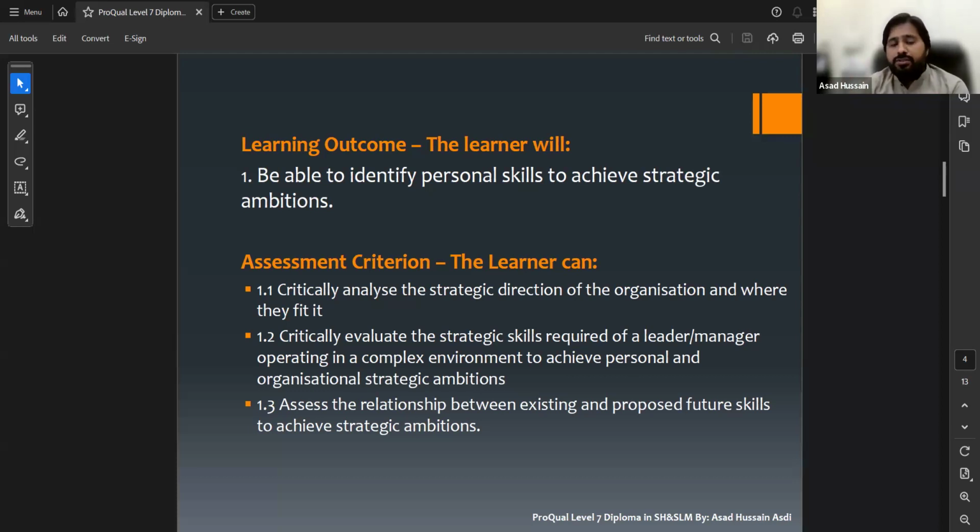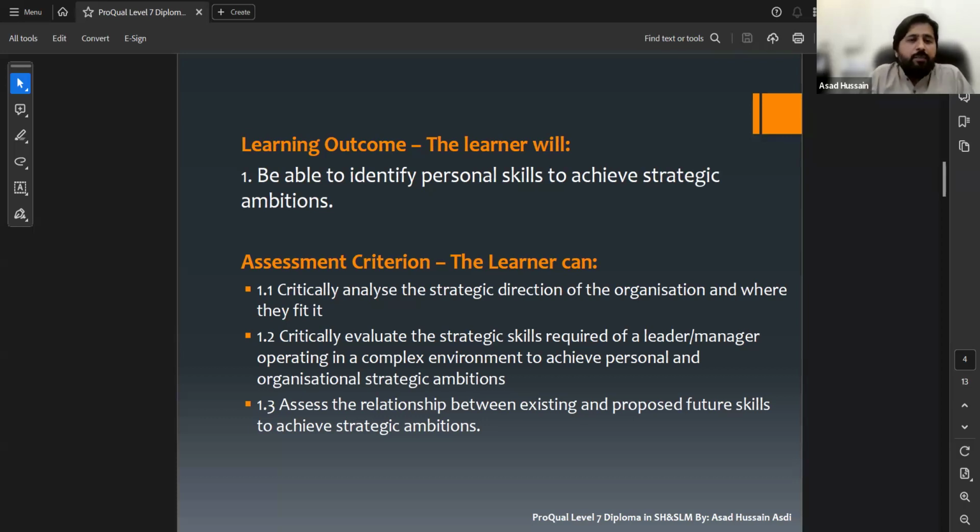So use your organization's strategic plan, your organization's top management plan, which shows that the organization is working towards the advancement of its objectives and its plans.